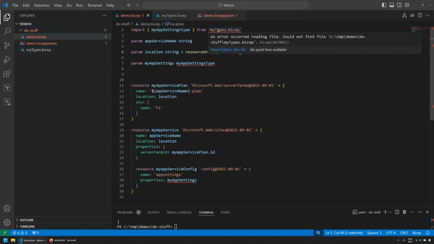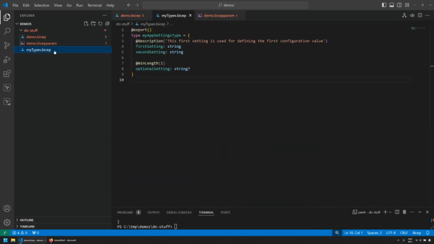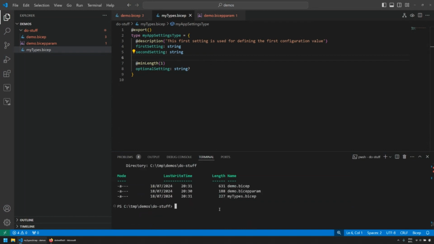Why is this not working? I'm pretty sure it's there.